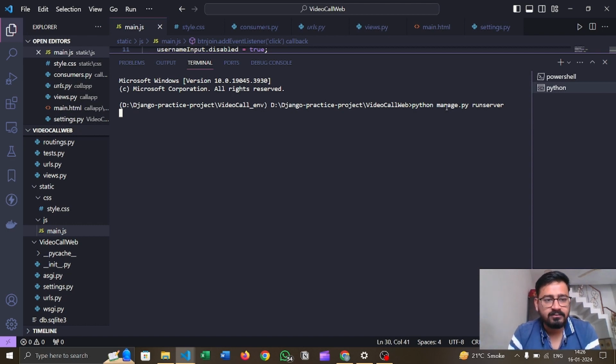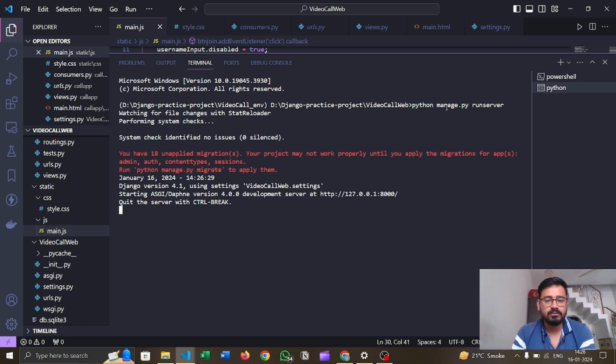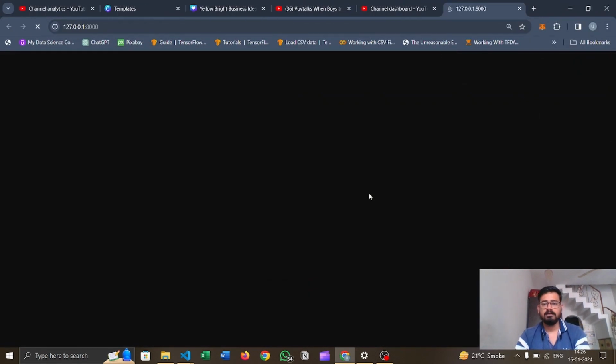Django is an amazing framework. It has so many functionalities, and it is seriously easy to work with. Okay, let's move on to this link,